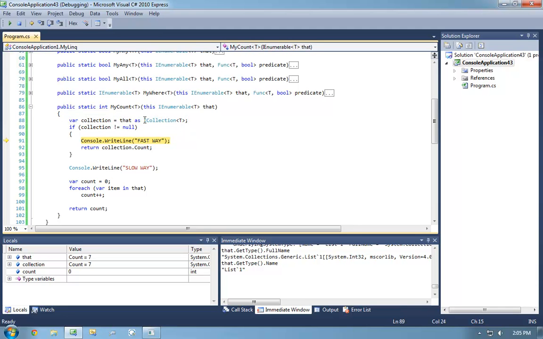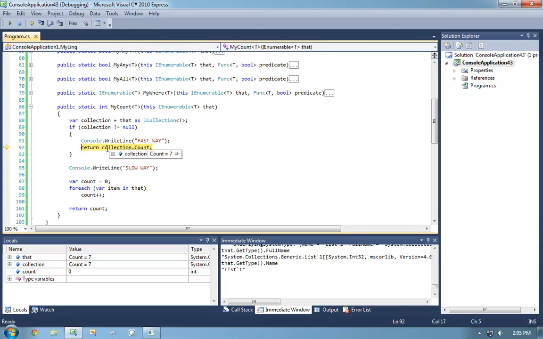However, because we've proved that that is an ICollection, we know that we can now invoke properties on the collection that are not necessarily available on every single IEnumerable. And so what we can do right now is return Collection.Count.